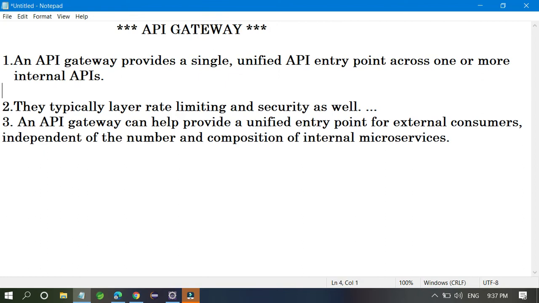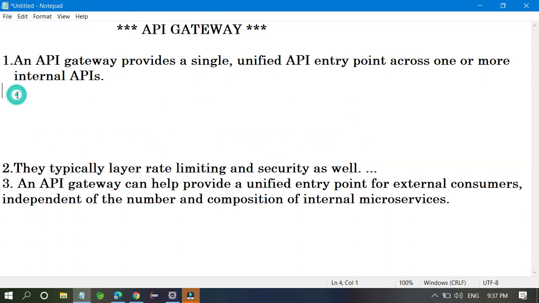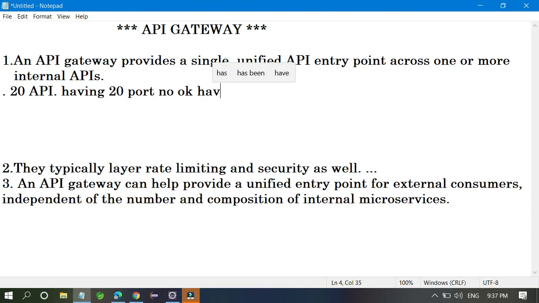For example, if I tell you my project has 20 APIs, and 20 APIs have 20 port numbers and 20 base URLs. I hope you connect with me. If you have 20 APIs, then you must have 20 port numbers and 20 base URLs.